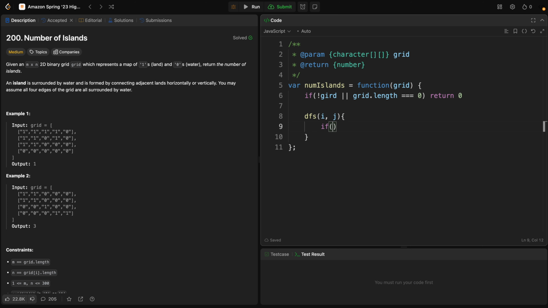I would say if i is less than 0 or j is less than 0, or i is bigger than or equal to rows,